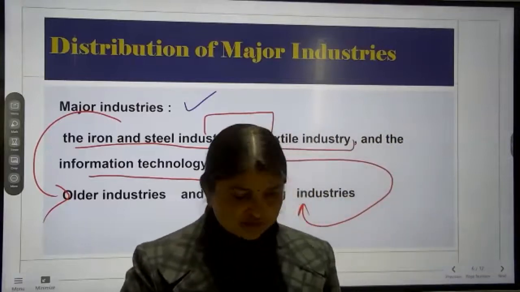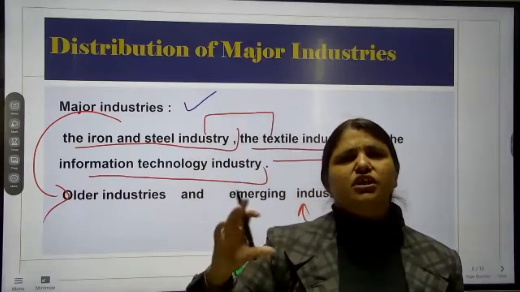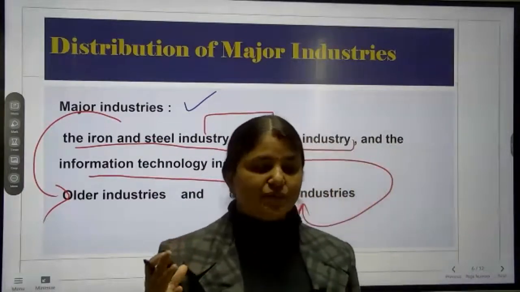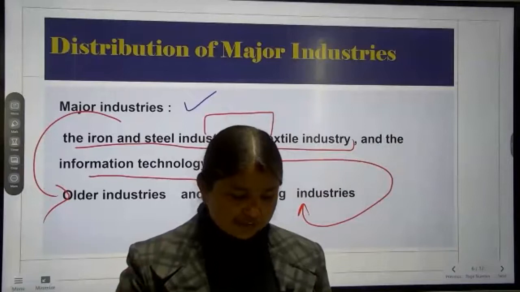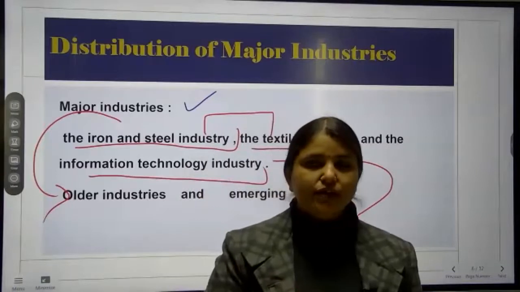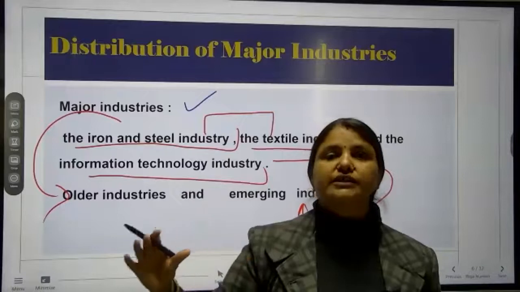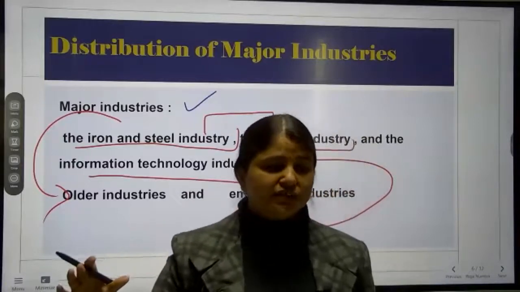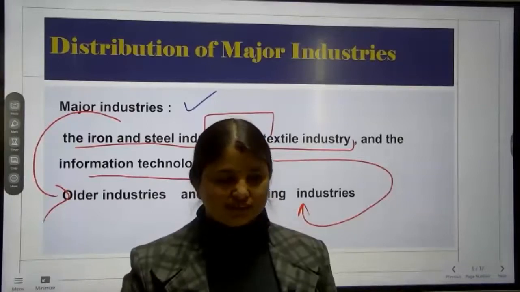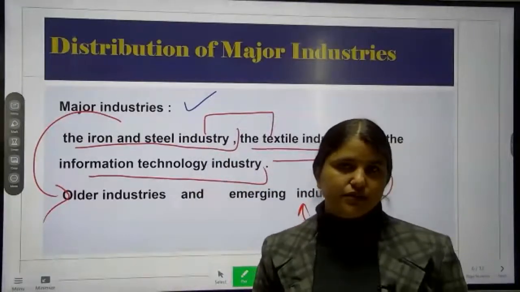Now if you ask, ma'am, what is an emerging industry? An emerging industry is like a sunrise, where a new form of work is happening, as we say IT department, IT technology. You can see Silicon Valley of California and Bangalore in India. These are the places where we have so many IT industries, where many people are working. We will study all that now in this content.